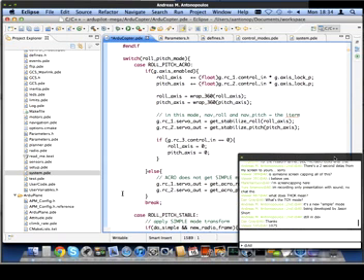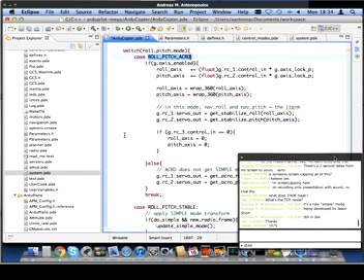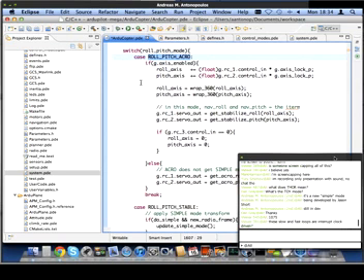So this is where it actually takes the roll pitch mode and does something with it. So you see the switch statement here. This is really quite key. So for example, you can see right at the top here, it's looking at the roll pitch mode and